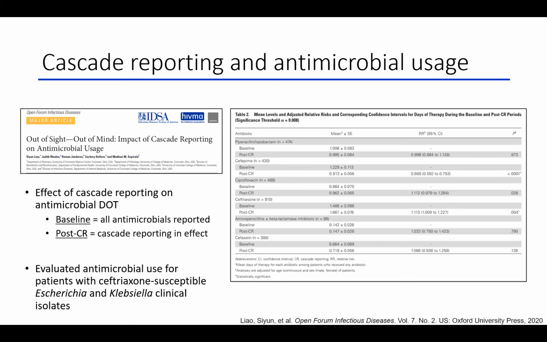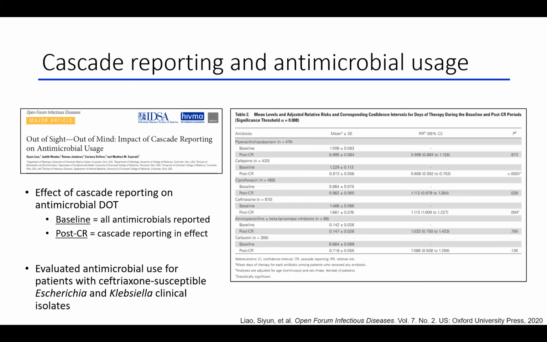And in this case, you can see that there's an effect. The center instituted cascade reporting. At baseline, all antimicrobials were reported, and cascade reporting was in place in the post-CR patients, and they evaluated antimicrobial use. This is only for ceftriaxone susceptible E. coli and Klebsiella isolates. So the data that I'm going to highlight is only for those patients that could stay